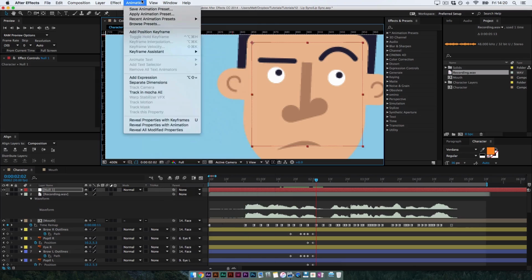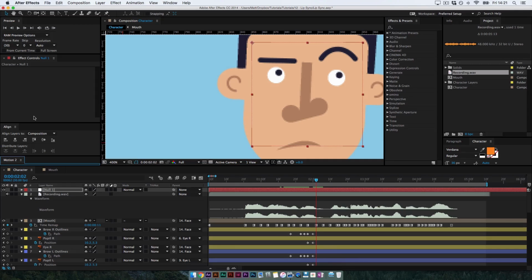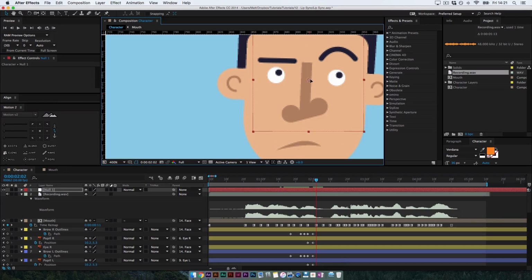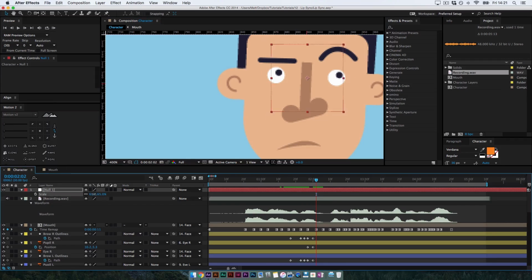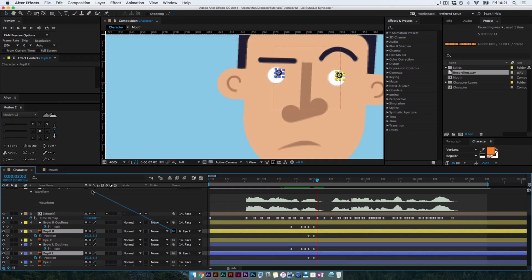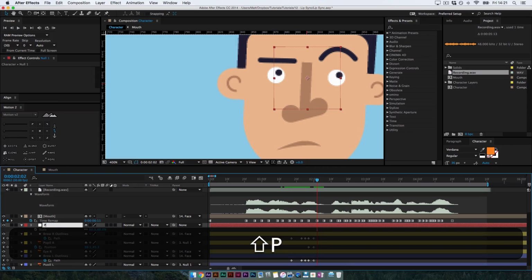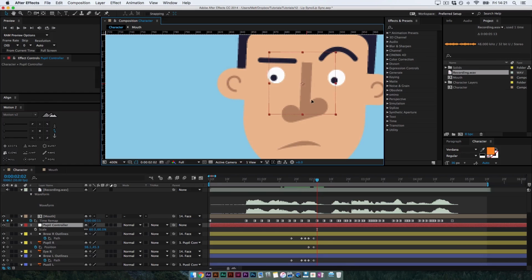If I open up motion quickly so we can just get the anchor point in the center, I much prefer that on the nulls. Let's come down here. So if we place this roughly in the center, we can even scale them down. If you select the pupils and then link them to this null, we can then call this pupil controller. So then whenever we move the pupil, the eyes move in sync, so you don't need to animate